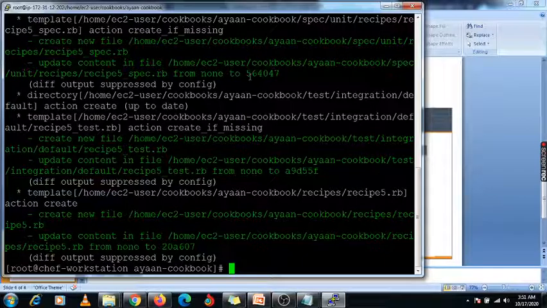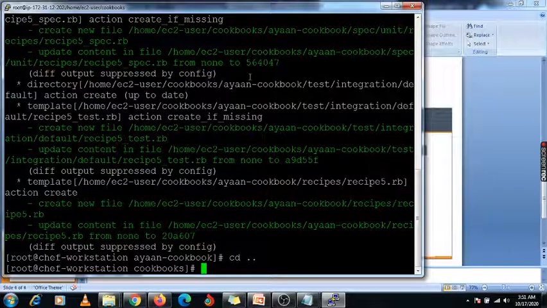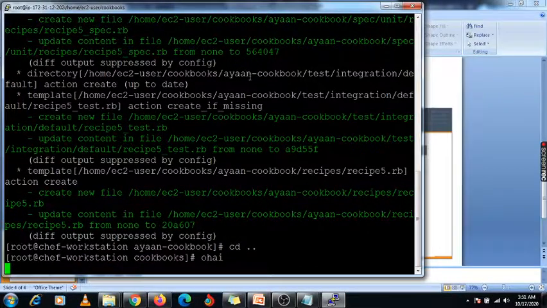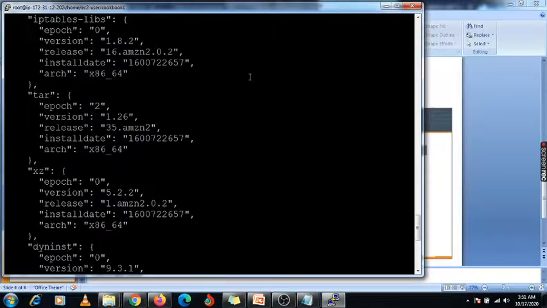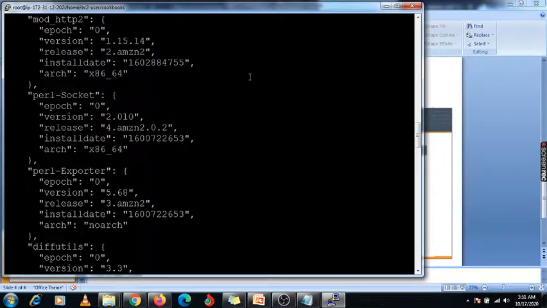So before we do some demonstration, first we need to check the data inside Ohai, because we have discussed this Ohai. Whatever the data of your OS, your operating system, is available inside your Ohai. So how can you check it? Just check it using this ohai command. Enter it. Whatever information is available, all of it will be reflected under this Ohai.